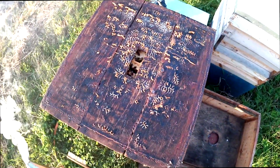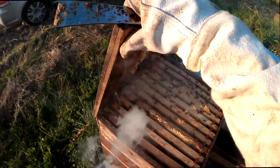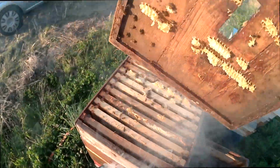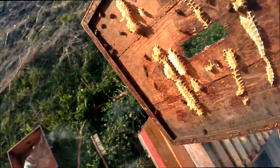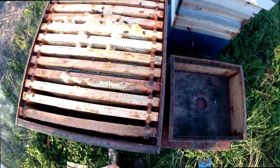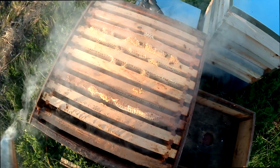There's faster ways of doing it. There's chemicals you can put on. I actually like the idea of chemicals. There's contraptions that you put on, but you have to know when you're harvesting, because you put them on one day and the next day you harvest. Now, actually, there's not a lot of bees in this box. And it looks like it's...